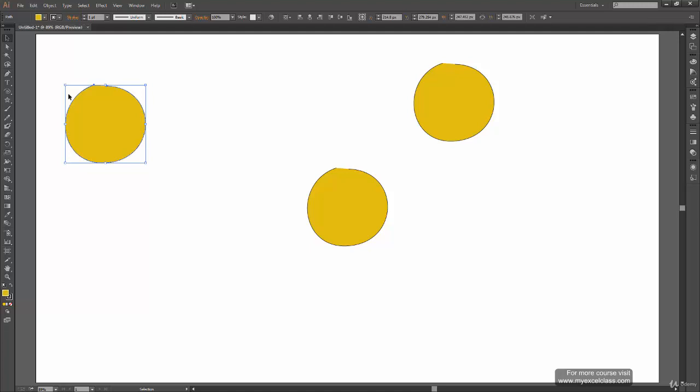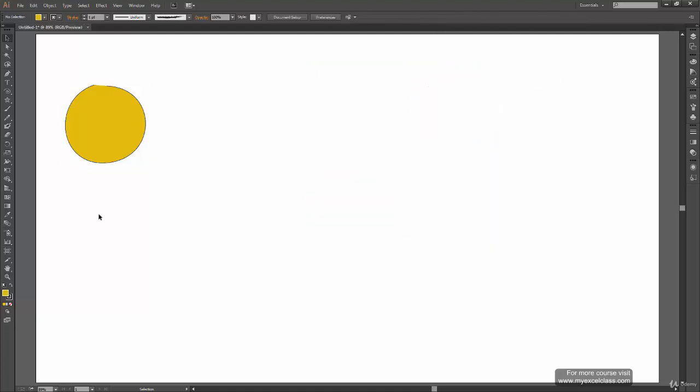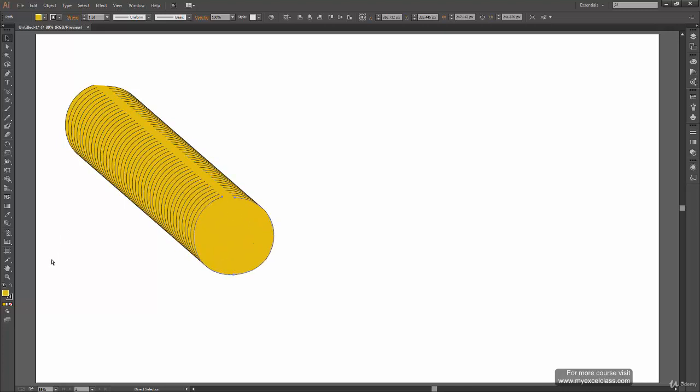Alright, so that's two ways of copying objects, but there is an advantage when you're copying with the Alt key. So let's say I press Alt and move my mouse, and I copied over here. Now to duplicate this, what you can do is press Ctrl D again and again to copy the same shape.